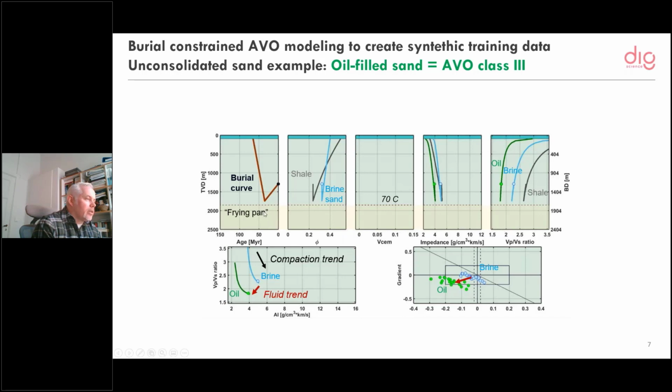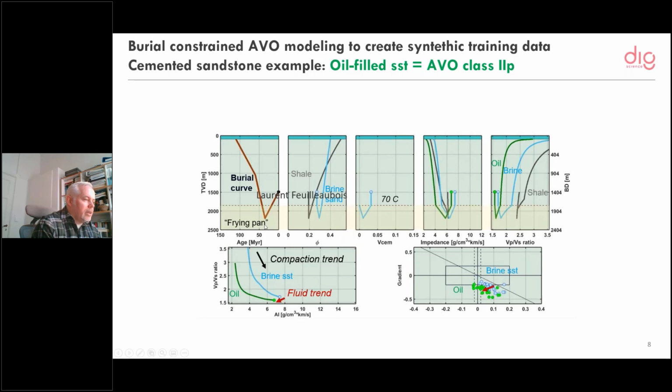Let me now change this burial curve in the upper left a little bit. It's now a slightly older rock and it goes deeper, and you see everything change. Suddenly you have some cement in the third column here. It's just a few percent. It's cementing both on the way down and up, actually, as long as the temperatures are above 70. So this stiffens the rock frame a lot. You lose the fluid sensitivities drastically, and you see now going back and forth you change the AVO class from 3 to 2p-ish, 2 or maybe even 1, and there's an overlap between brine and oil sands now. So it's harder to discriminate oil and brine because of the consolidated nature of the rock.